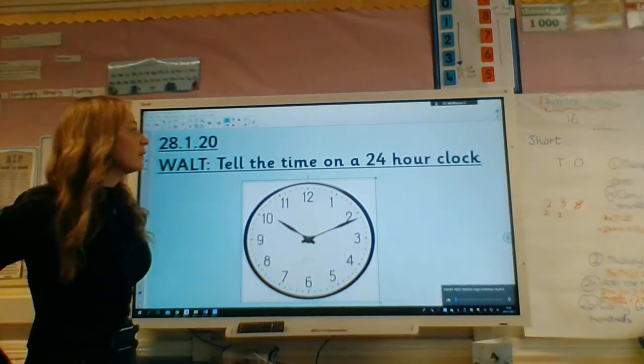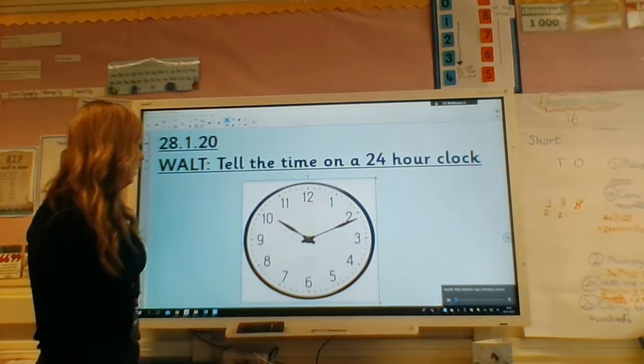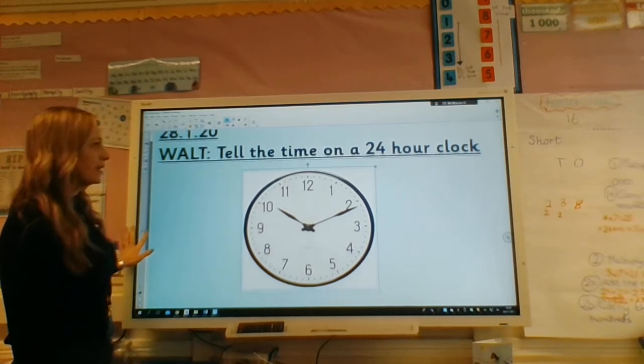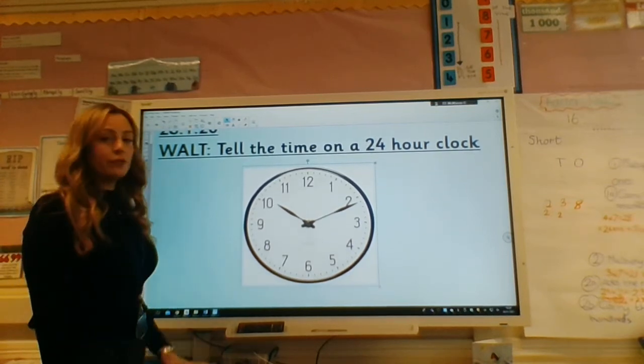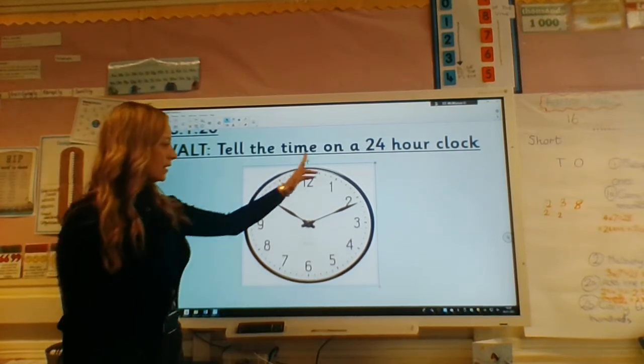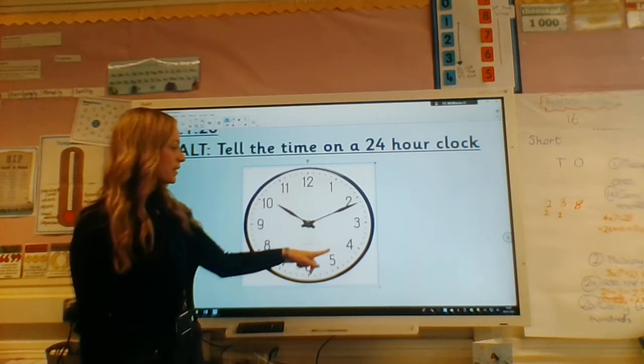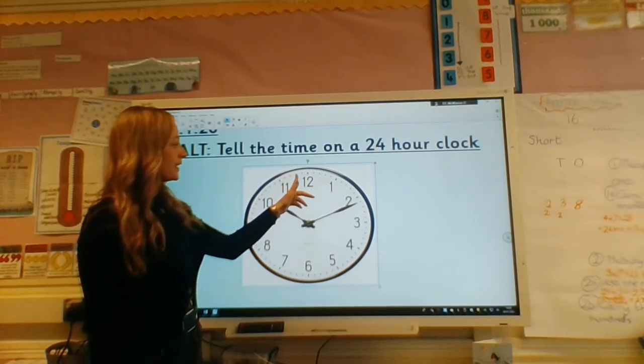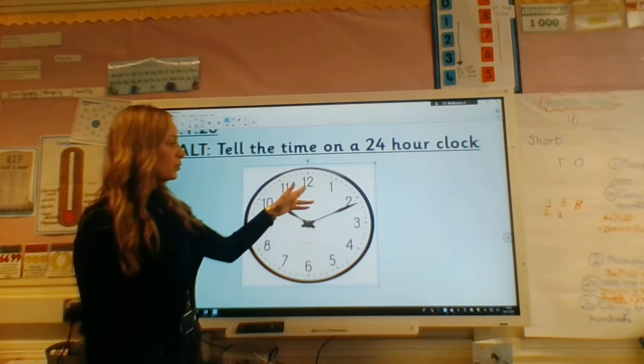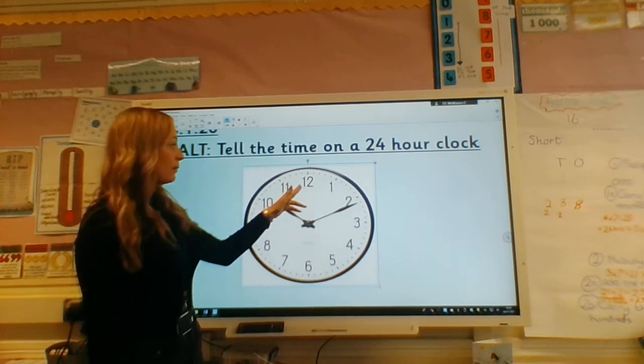In Year 4, today we're moving on to time, so I just want to go over a 24-hour clock. There's 24 hours in a day. Here's a clock, this shows 12 hours, so in a day, this goes round twice, so this 12 would be 12 o'clock in the middle of the night when we're all asleep,